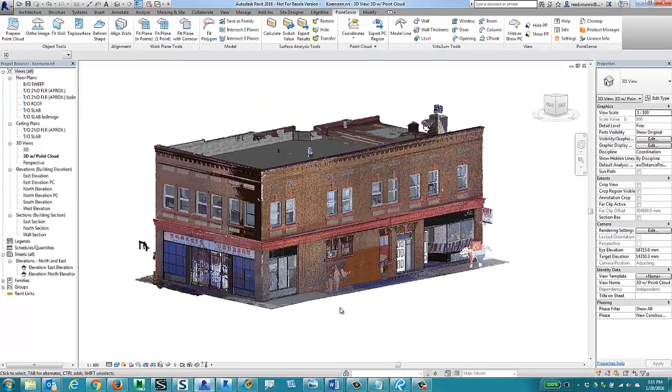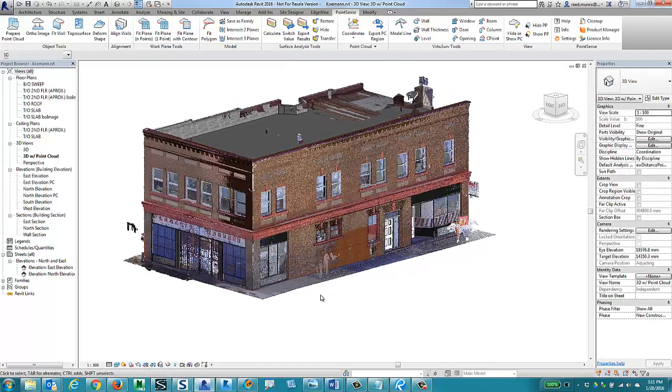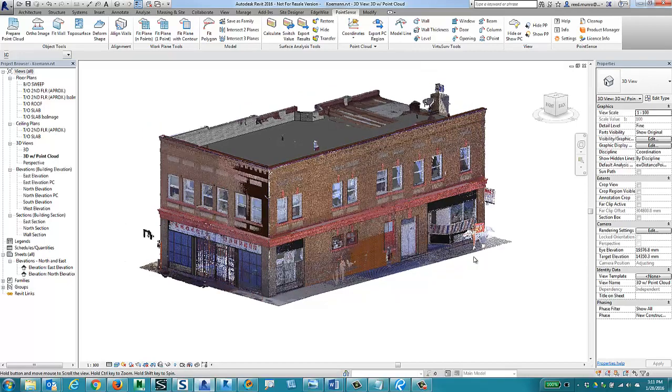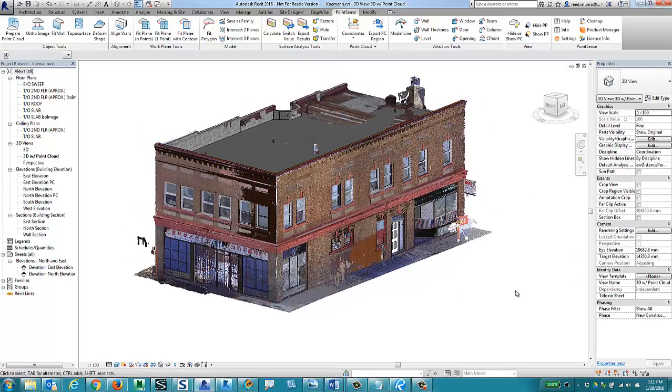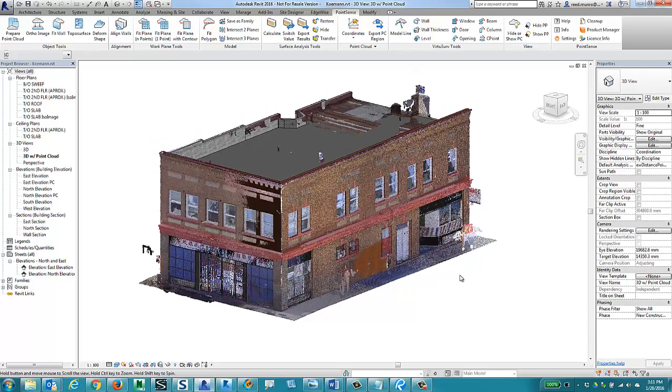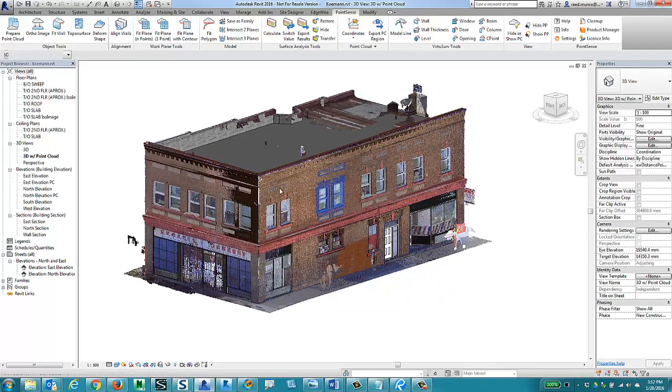Alright, and now here's the final model. So we went through and modeled the storefront and all the windows and the walls and all the architectural features that we needed to do. So this whole project took about 3 days of scanning and processing, and another 3 days of data extraction and modeling. So I think our total cost on this was around $8,000 to $9,000